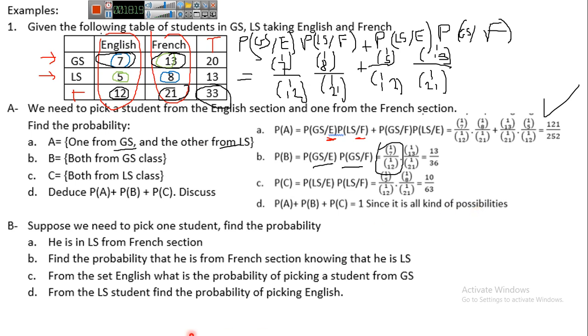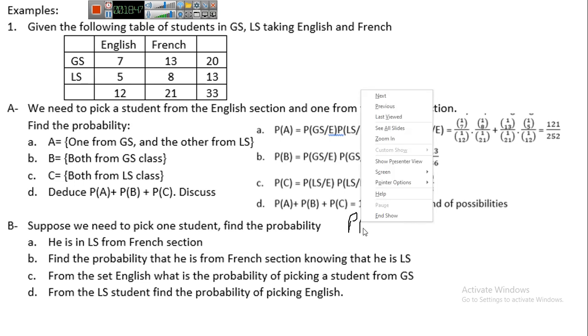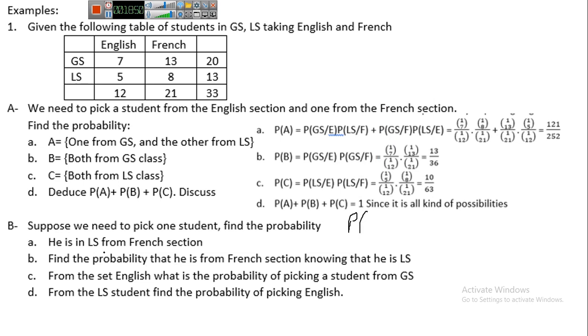Part B. In part B, suppose we need to pick a student. Here to pick one student, we return back to one universe. Find the probability of picking him in LS from the French section. I said a condition. He is in LS, but I don't want to pick it at the same time. If from LS and from the French section, it will be an intersection. But he said I want LS knowing